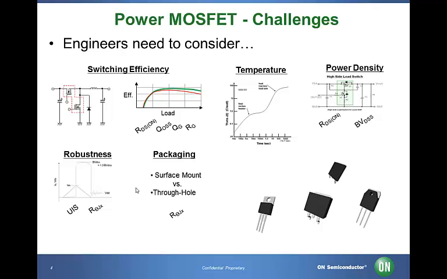During the design, avalanche energy and avalanche current have to be taken into consideration. As for the package, there are two package types. A surface mounting package is used for portable devices such as smartphones and tablet PCs. A through-hole package is used for power supply and for industrial equipment. Each application has its own thermal resistance, and you need to select the package and device according to your application